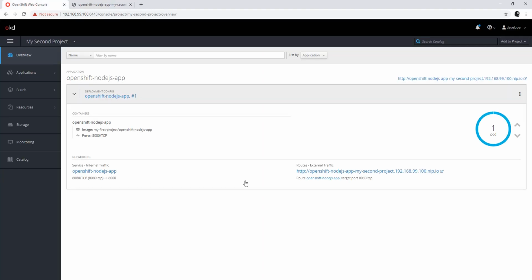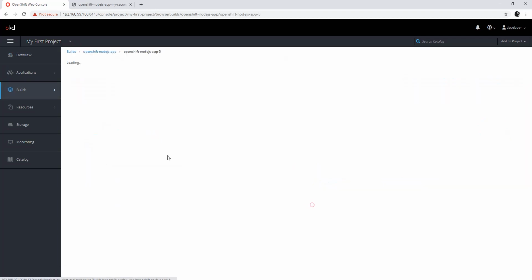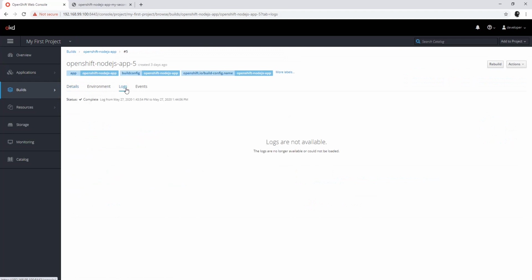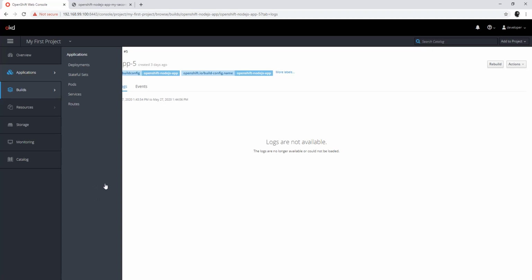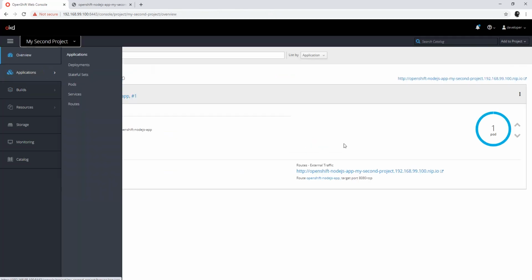So basically, a few things to note here. We have only pulled the image from first project to second project. So if you see here, there is no build configuration. Let's revisit my first project. If you see first project, there was a build appearing over here, and basically this means that we were building our application in this particular project. That is not the case in our second project, because we are already using a pre-built image.